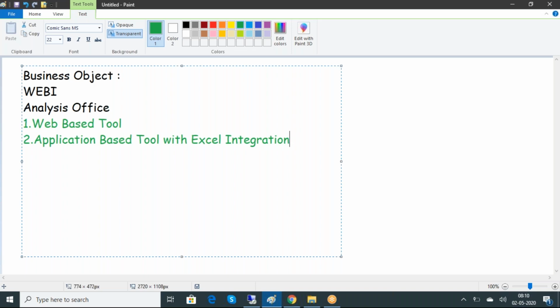The web-based tool has the complete picture, complete activities, and all the different types of tools will be available in the web-based tool only. Whereas Excel has limited transactions, because Excel has its own other tools, so it will combine with those tools. So in that case, we just perform these activities.